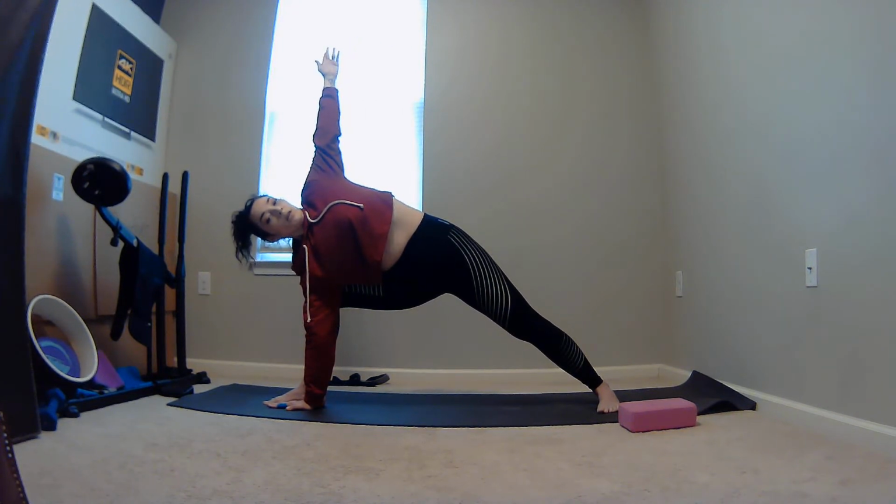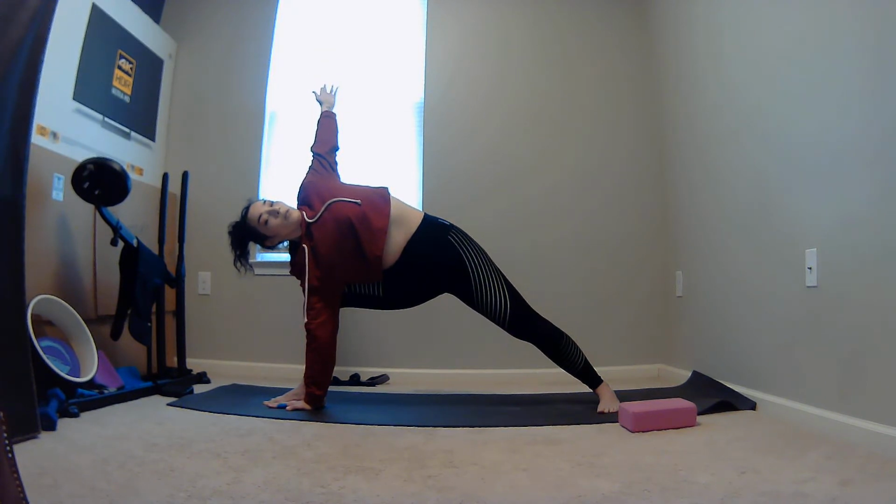So either way, you can stay here. Lean back a little bit. Now start to take that left arm behind you. Connect to your breath. So you can either be with your forearm to your thigh, your hand down, or those of you who can,